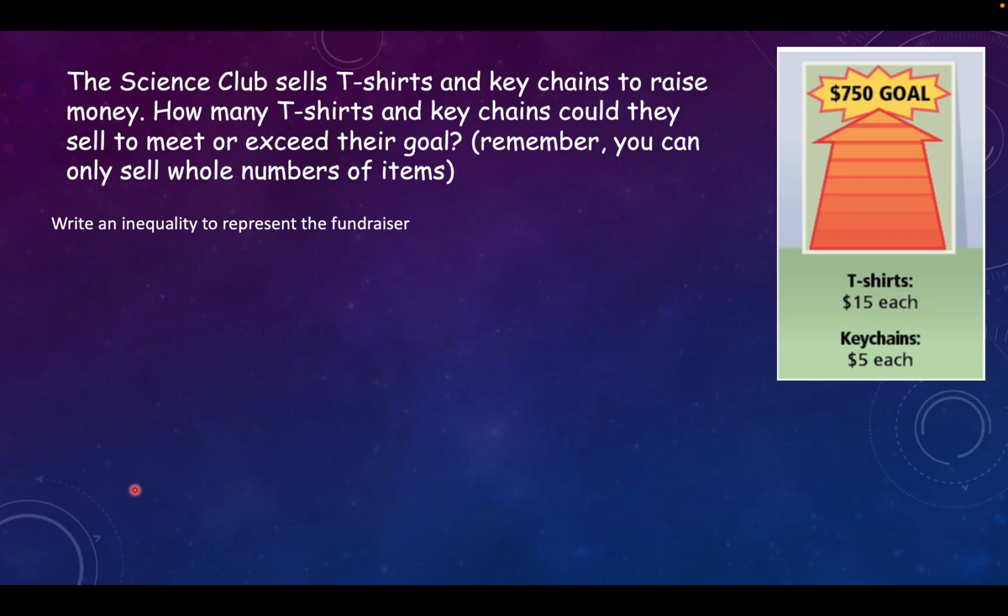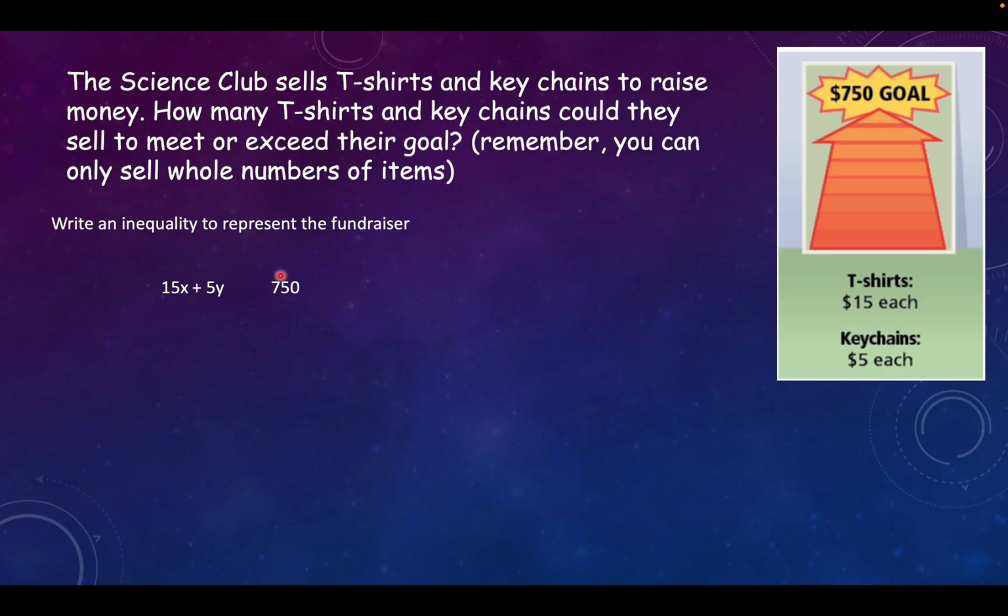Moving on to our word problem. The Science Club sells t-shirts and keychains to raise money. How many t-shirts and keychains could they sell to meet or exceed their goal? Remember, you can only sell whole numbers of items. Write an inequality to represent the fundraiser. So $15 for each t-shirt and $5 for each keychain. So if we did 15 times x, we don't know how much. We're going to add in our $5 times y, and we've got